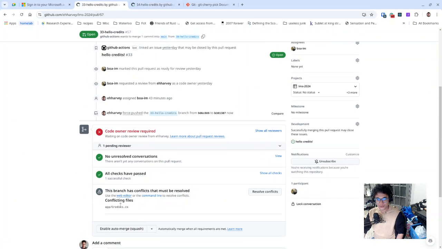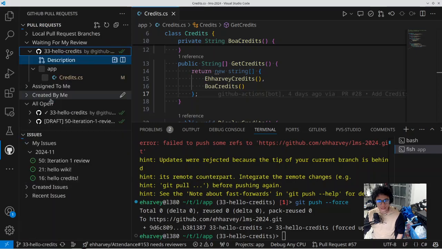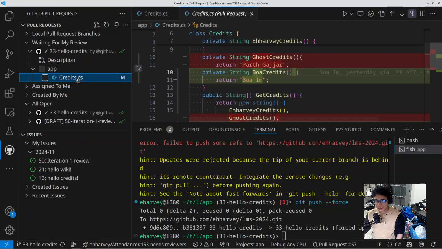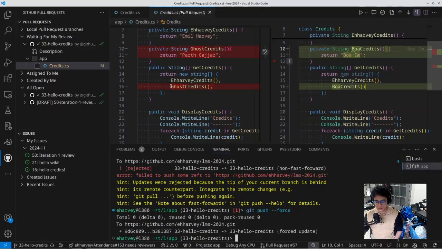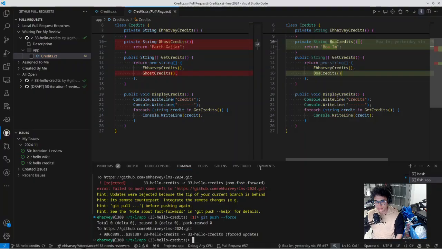Now, if you go back here, it still says that there's a merge conflict. So what can we do? Well, we're going to have to do the same process as we did before. Did not do this in maybe the best way, but that's fine. So how do we resolve the conflict? What we want to do is git merge main. Let's actually see if